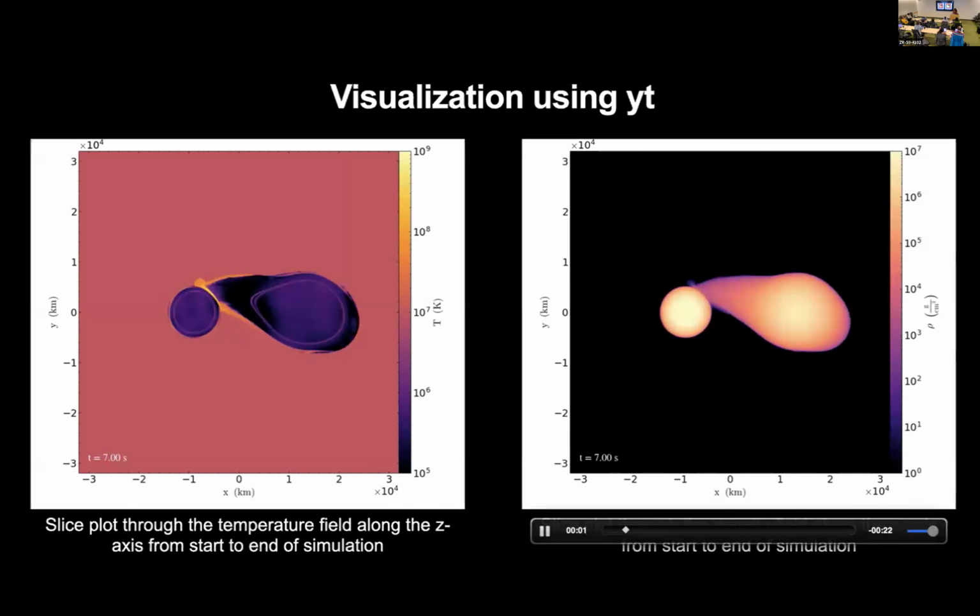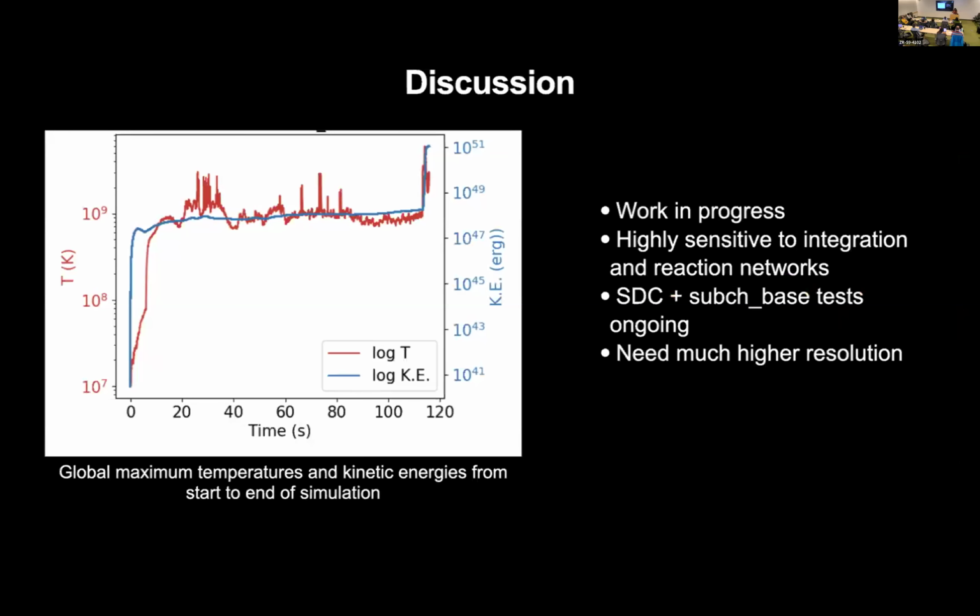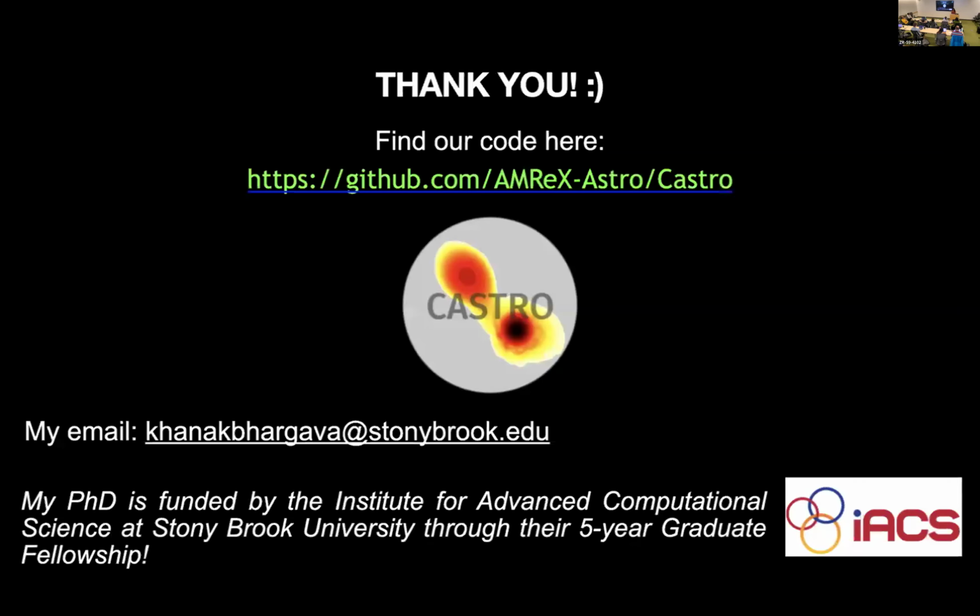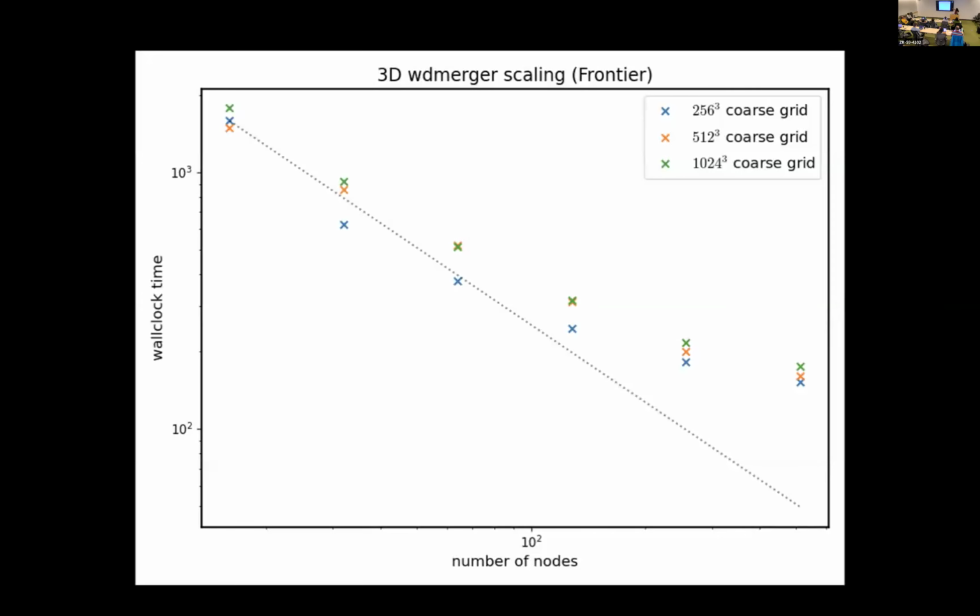So I think that's pretty much it. Unfortunately, I don't have a scaling from Perlmutter because nobody let me run on GPUs. This is the scaling for this particular problem on Frontier. I just put it over here just for fun, I guess. As we keep increasing the number of cells, our resolution also keeps increasing. And we can see that it is able to scale decently well, or the best we can do.